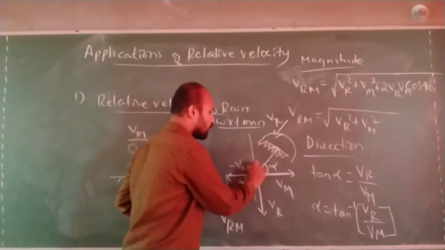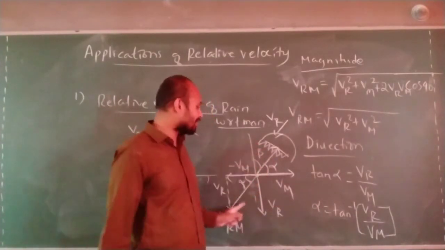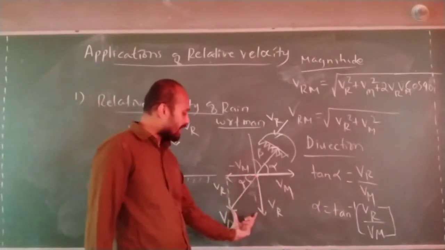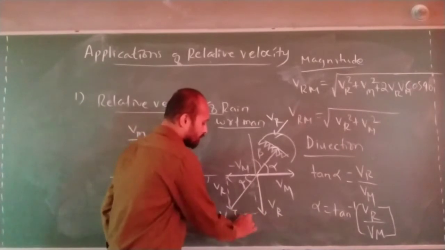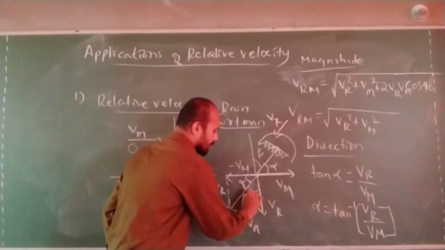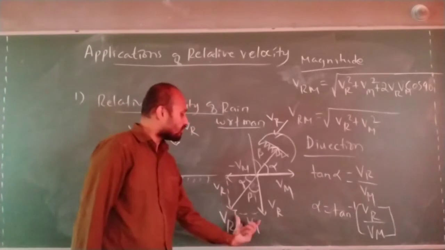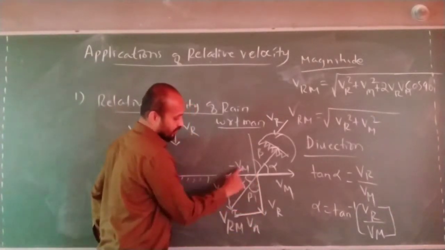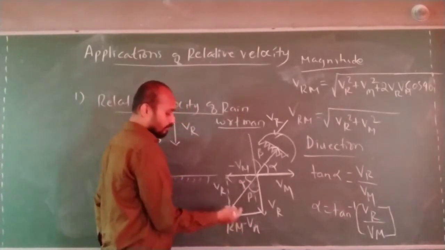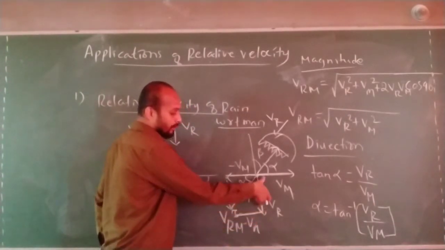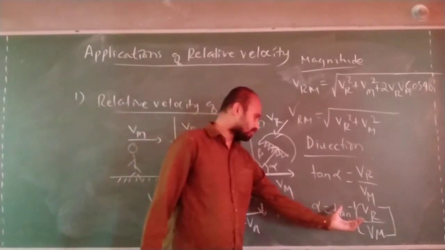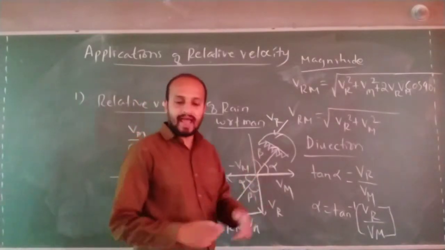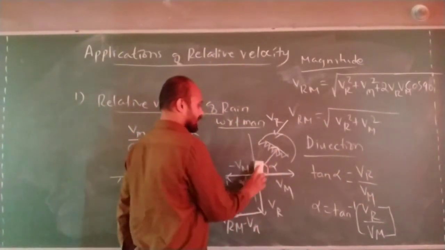If you take the angle with vertical, beta, you can write another equation. Beta will become Vm by Vr. Vm, this is Vm, means this also will become Vm. Beta is equal to Vm divided by Vr. Now this becomes one triangle. Correct? This is Vm, this is minus Vm. So opposite by base. Same thing here, beta will become tan inverse, both positive. Any one angle you can find.